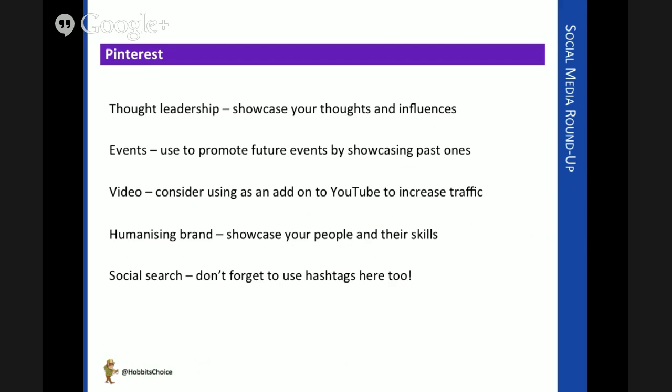And, remember, it's a social search tool. When you're posting stuff, linking stuff through Pinterest, use the hashtag. Its full power works in Pinterest as well. Most people overlook the hashtag, thinking it's something to do with Twitter, Google Plus, or perhaps Facebook. But it works extremely effectively in Pinterest.